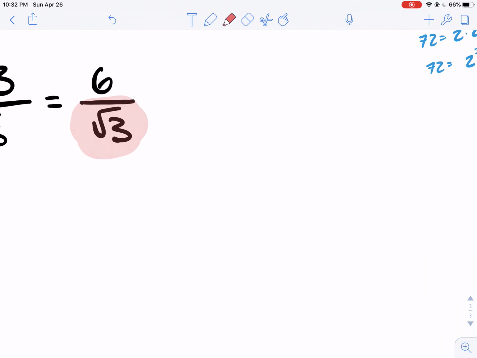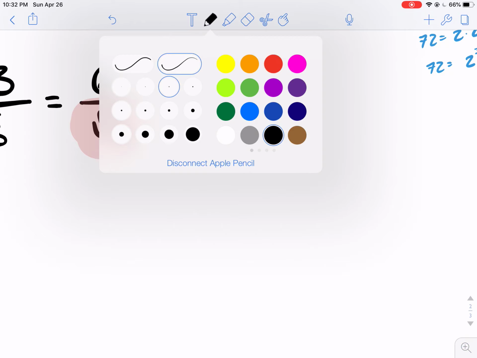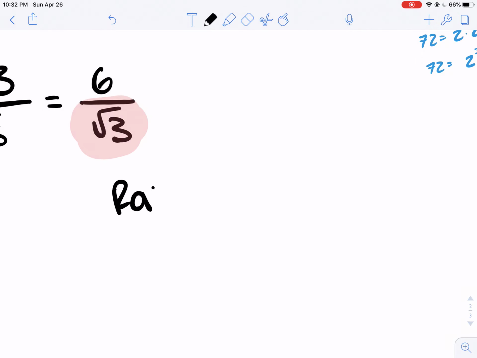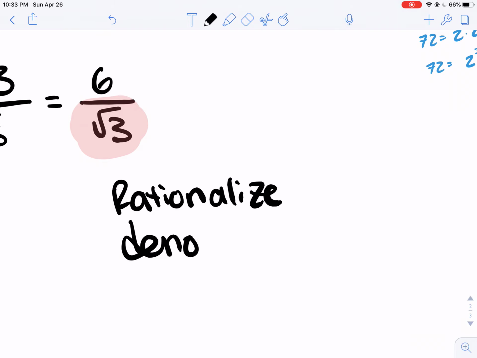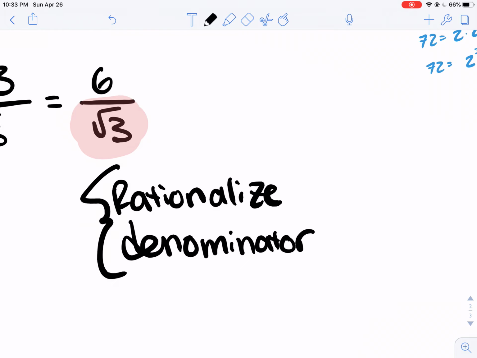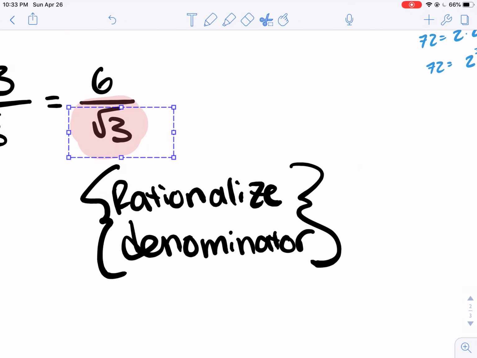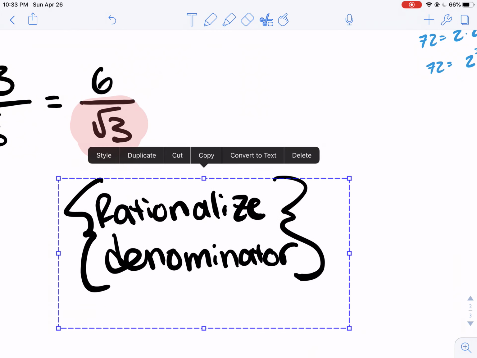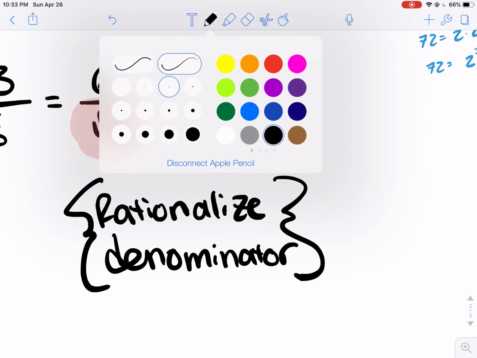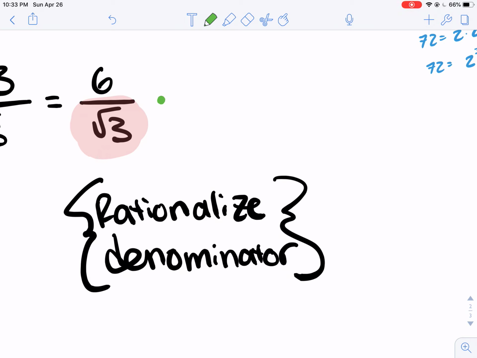You guys, this is what is called rationalizing the denominator. We're going to make it rational because the square root of 3 is not a rational number. So we're going to turn our denominator into something rational. And how we're going to do that is we are going to multiply by what we want to get rid of. We have that square root of 3. We want to multiply by the square root of 3